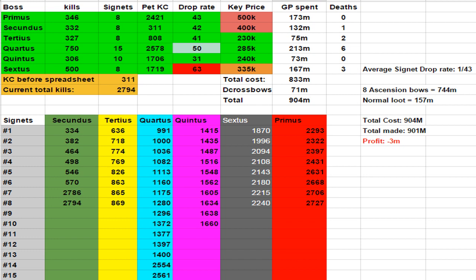Now, bear in mind that I did buy keys weeks before I started this for a way cheaper price. So most keys I bought for like 200k, and Primus, I believe I bought for 500. Secundus I definitely bought cheaper as well. But instead I just use the current key prices, because otherwise it would be too confusing for most people. So yeah, as you can see, the drop rate,